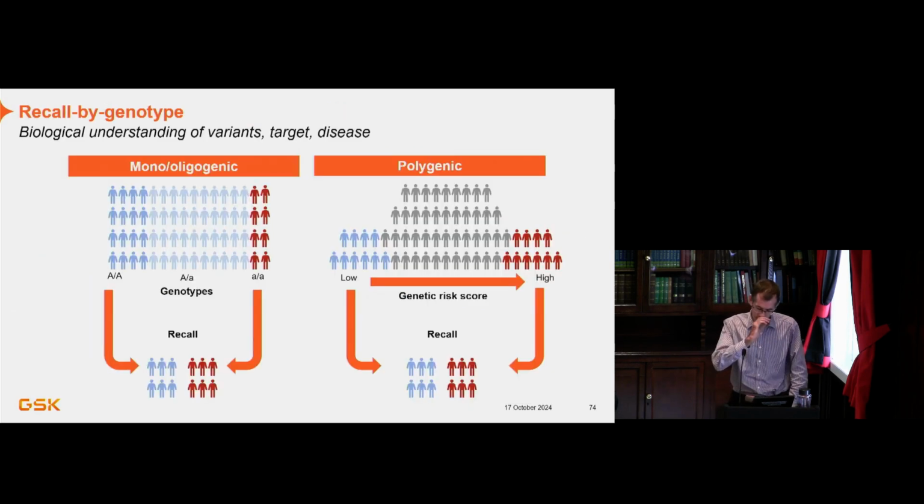So that's around target ID, but some of those cohorts I mentioned there, NIHR Bioresource, and there are others as well, enable recontact, and you can recontact individuals based on phenotype, so healthcare measures, as well as genotype. And this is novel, this is interesting. You can envisage that you might want to recontact individuals based on a polygenic risk score, just at the extremes